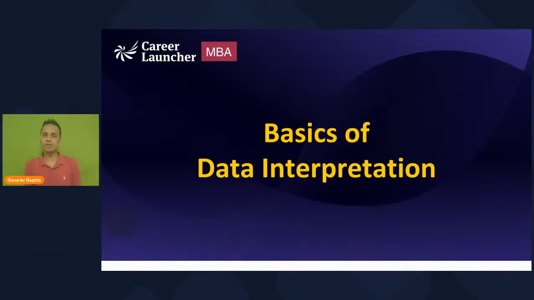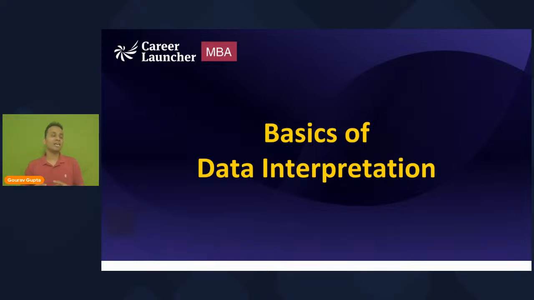So friends, to start with, in today's session, I will show you different ways in which data can be given to us when they are asking a question on data interpretation. The basic format of data interpretation questions is that some data is given to us, probably in the form of a table, a bar graph, a line chart, or a pie chart, right? Generally, these are the four different ways in which data is given to us. Other than this, there can be a spider chart.